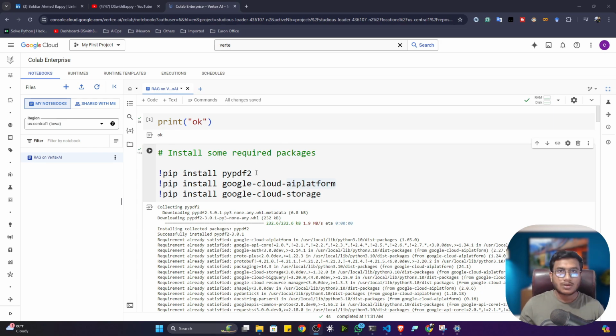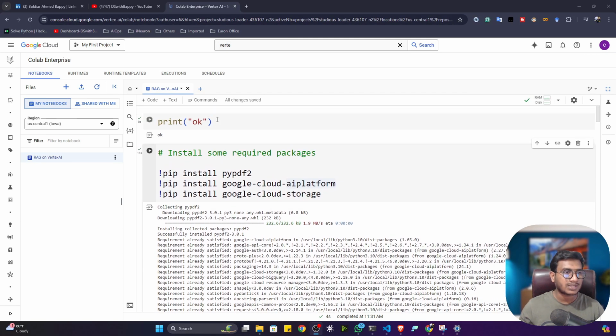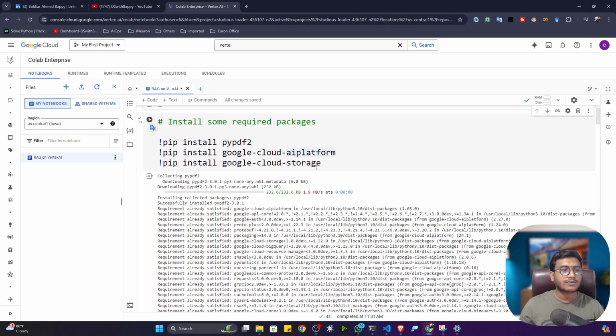In this video, you can see I prepared one notebook in Colab Enterprise. So first of all, try to connect the notebook. After that, you can check with the help of an OK command. And if it is giving the OK message, that means the notebook is running. Then the first thing you have to do is install these libraries. As I have told you, we'll be using some custom data. I'm going to use a PDF document. That's why I'm installing this PyPDF2 library. Then google-cloud-aiplatform, because if I want to use Vertex AI, I need to